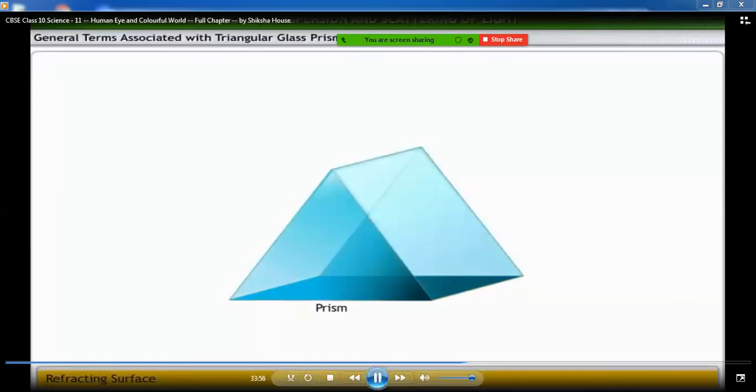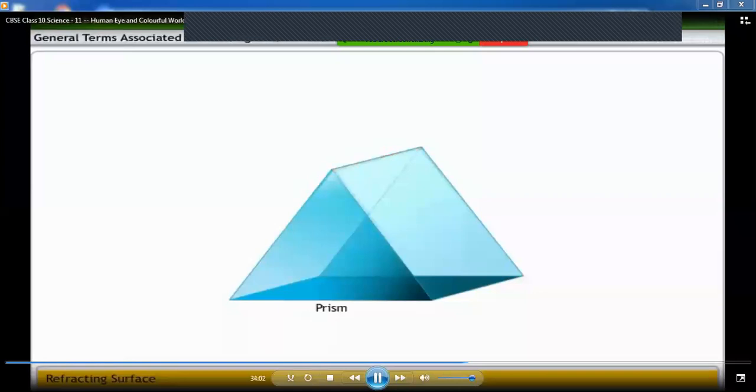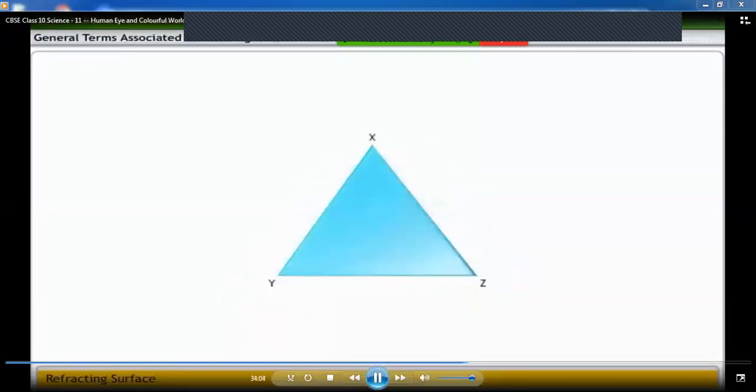The line along which the two refracting surfaces meet is known as the refracting edge of the prism. The angle between the two refracting surfaces, denoted by the capital letter A, is called the angle of the prism